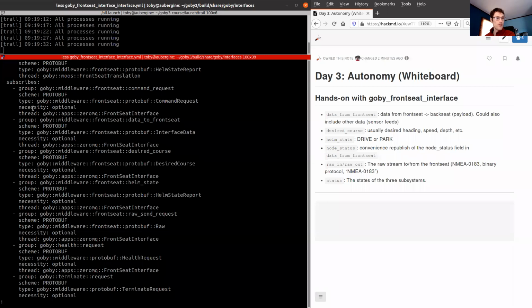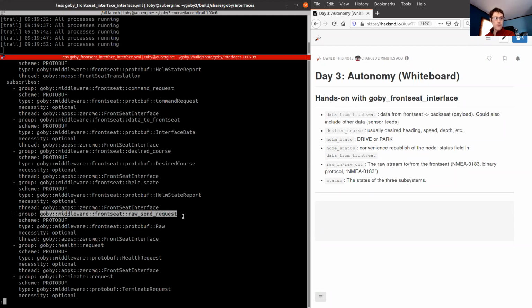The payload interface subscribes to this raw send request message, and that's used if you wanted to essentially bypass the driver and publish data straight to the front seat from one of the other processes on the vehicle. This is used if you want to develop a new feature against the vehicle but not modify the driver.